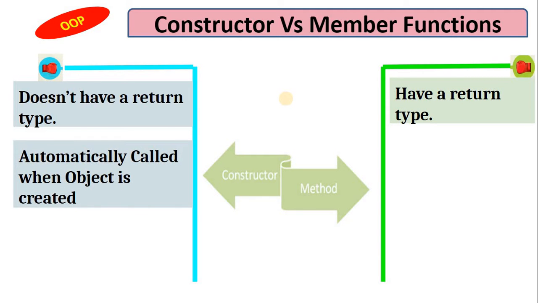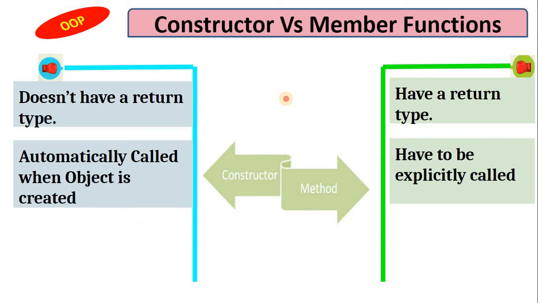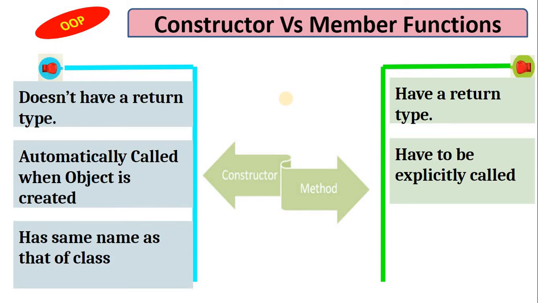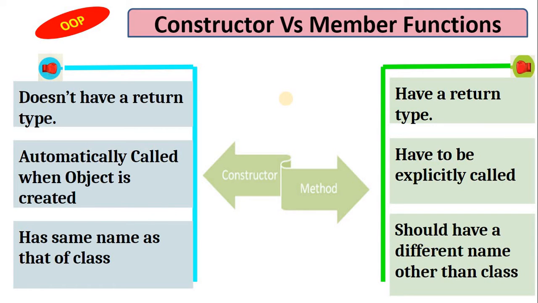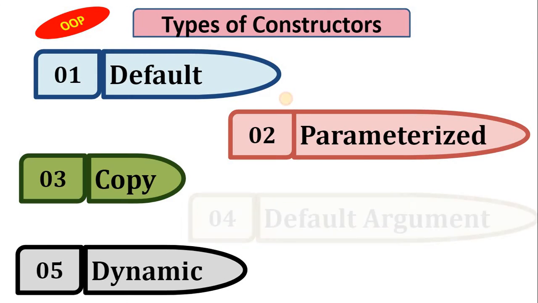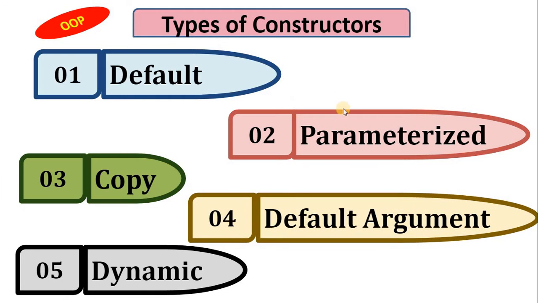A constructor is automatically called when an object is created, but a member function has to be explicitly called. A constructor has the same name as the class, whereas a method should have a different name from that of the class. So, there are 5 basic types of constructor: default constructor, parameterized constructor, copy constructor, default